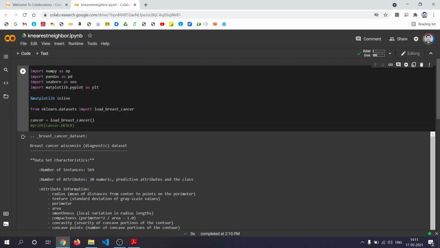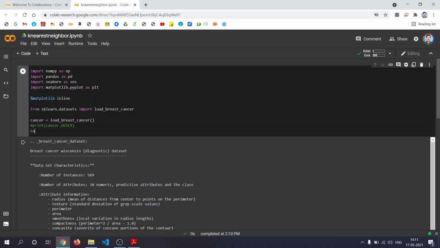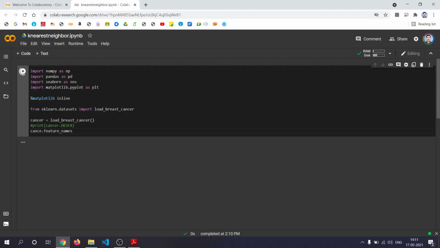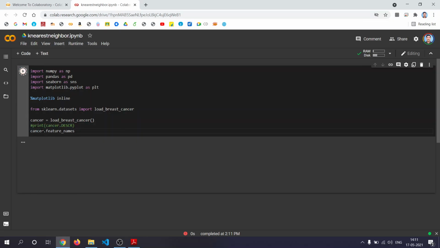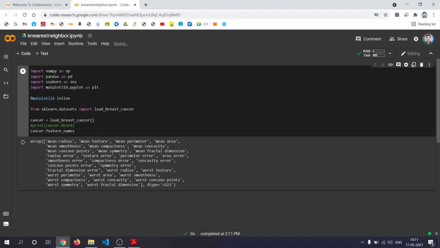Okay, and let's look at the feature names. cancer.feature_names. These are the features: mean radius, mean texture, mean perimeter. So this contains 30 features.